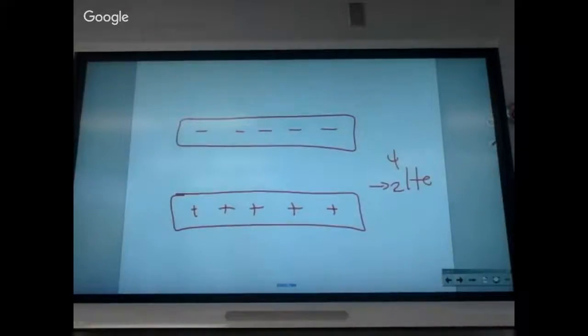Beta is an electron and can pass through several centimeters of lead. Gamma is the only one that can go through lead. All right. Wait, what was the letter? 11 was beta. All right. So for the back side,